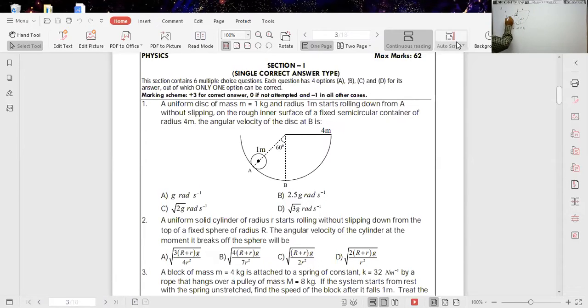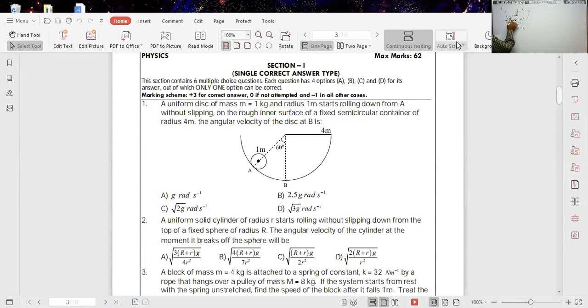Here the disk is at this instant. When the disk is released, it has no velocity, but the weight component acts in this direction. It is 60 degrees because these two are parallel lines with a transversal intersecting. Then the weight component mg sin 60 acts in this direction. Because of the weight component about the point of contact, a torque acts on the disk. Due to that, it starts rolling.